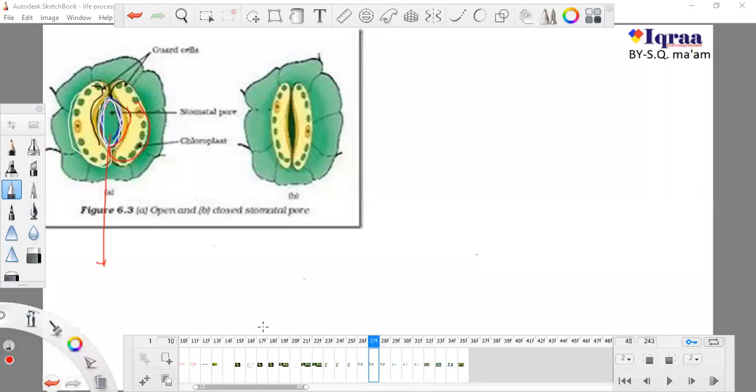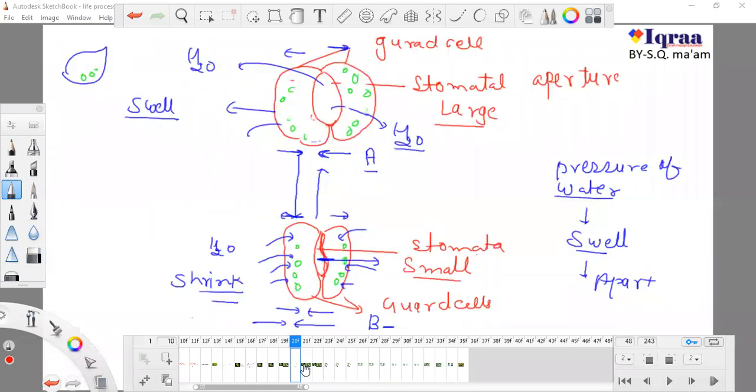Fazan, do you understand this, how stomata open and close? Fazan, do you understand this, beta? How the guard cell will swell and how the guard cell will shrink, because I think today you are losing your connection frequently. Sometimes it is possible that you will lose your connection, then don't hesitate to ask again. Just write, ma'am, tell me again.